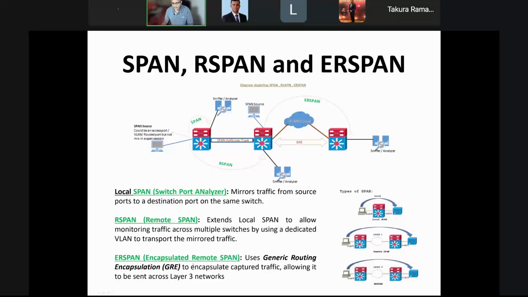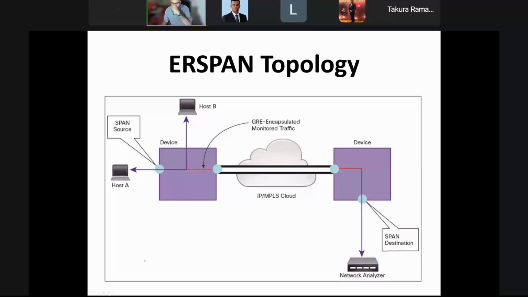So that's having an additional header, which is the GRE header. That's identified as ERSPAN. That's the one we discussed last week. So basically, you are having the span source here on the local switch, which is host A. You have another host, host B. When you are communicating between host A and B, you need to monitor the communication between host A and B